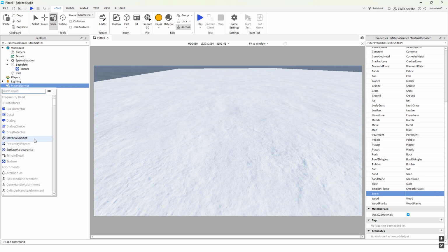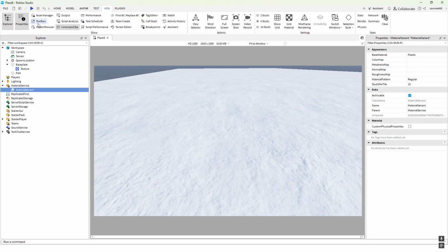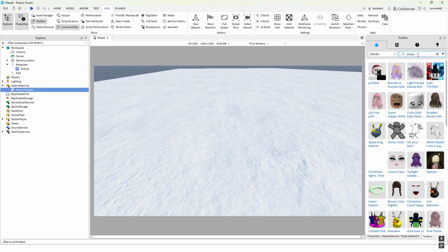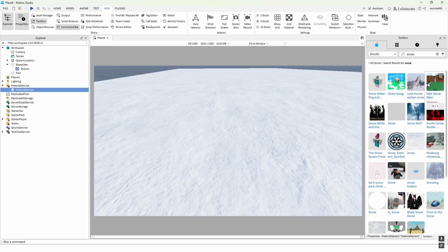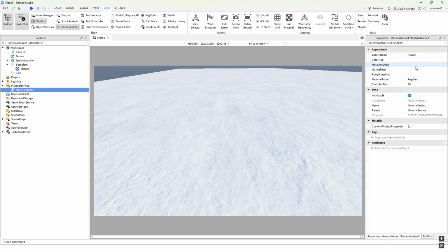We need to add a material variant here first, so that's how we do it. And then I'll go ahead and just open the toolbox, go to decals, and I'll find a snow texture, if there are any. Okay, like this one, for example, I could use this. I'll just right click and copy the asset ID, and then I'm going to paste that here in the